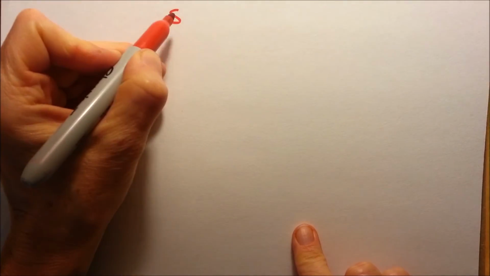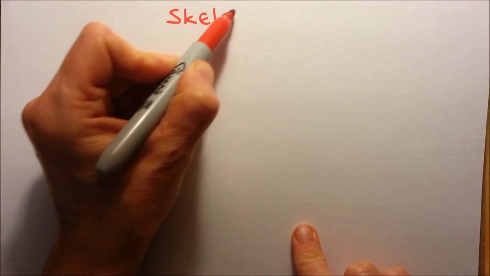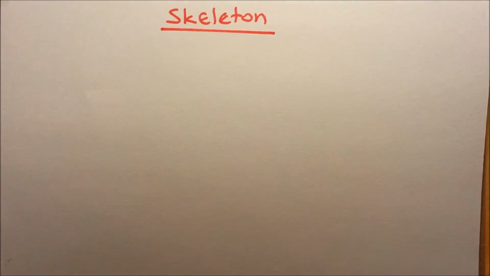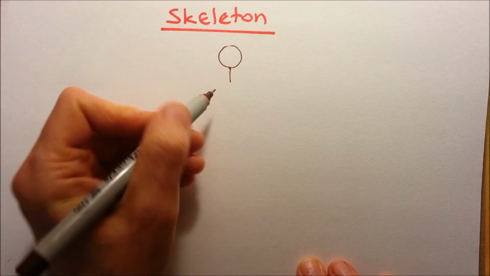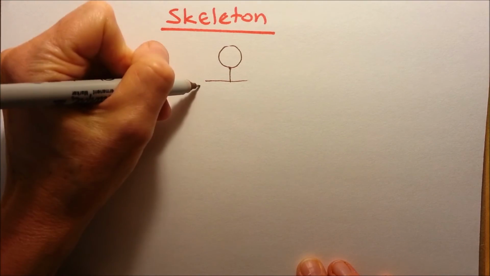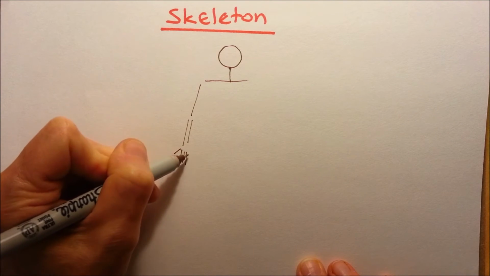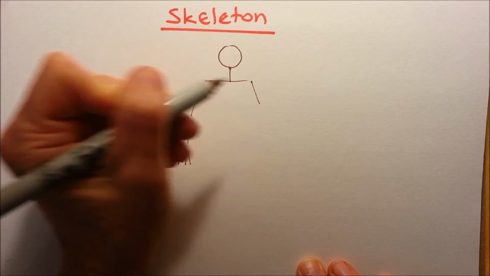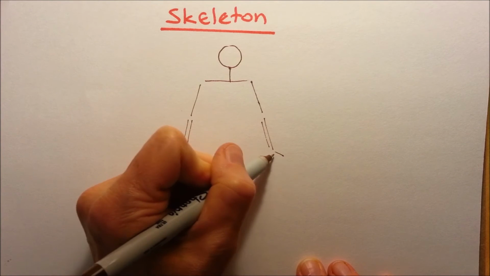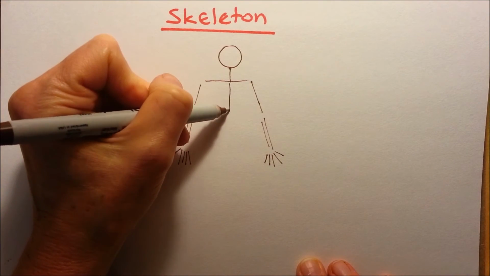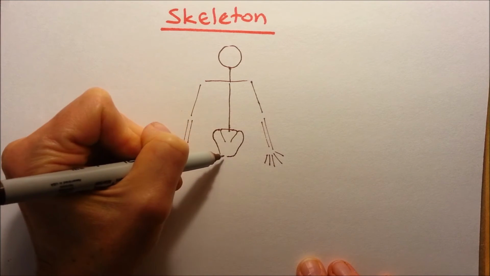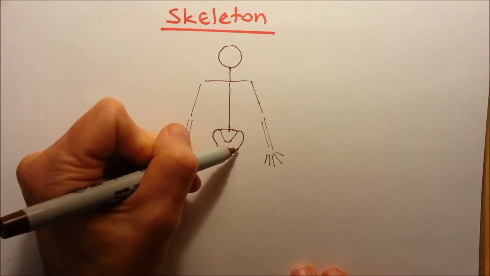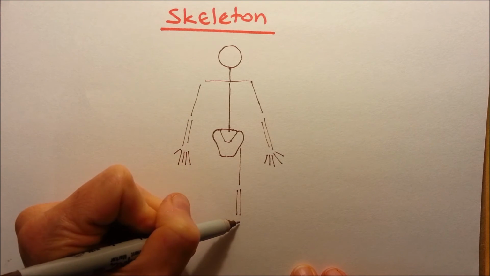The other part we have to talk about is that we divide up the skeletal system, or the skeleton, into 2 major parts. Let's draw the skeleton first. That's the skull. These are the clavicles or the collarbones. These are the arms with the humerus and radius, ulna, and all the fingers. What I'm drawing now is the sacrum with the pelvis, now the femur with the tibia and fibula, and